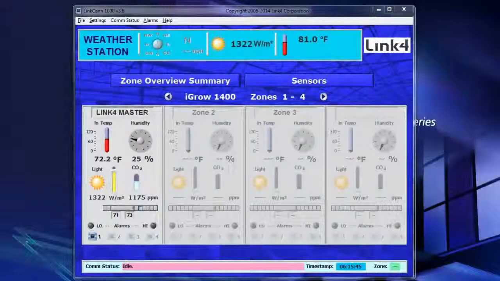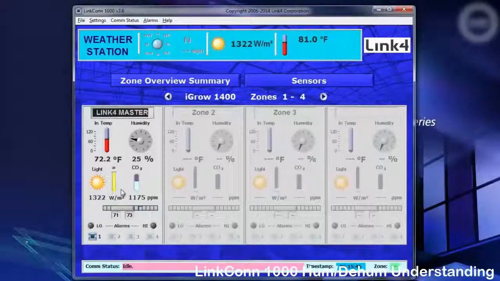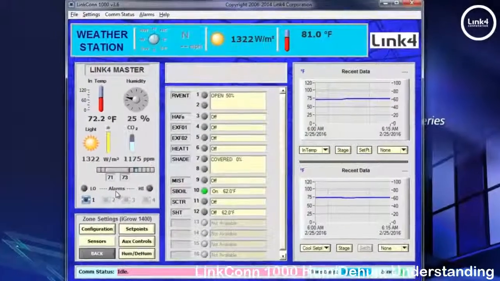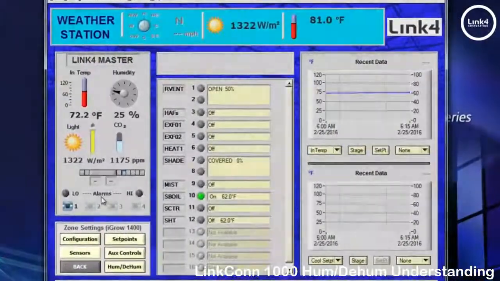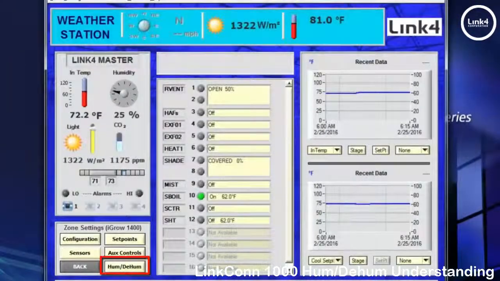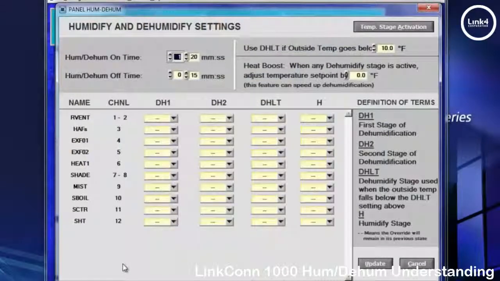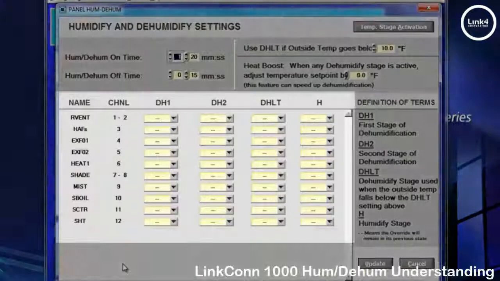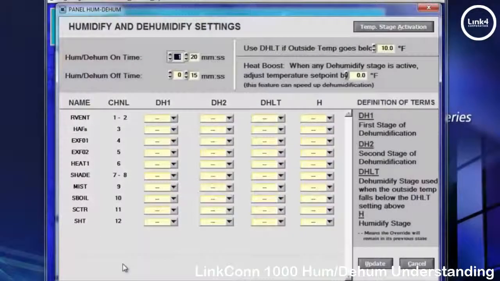With LinkConn 1000 series software, our next option we will be discussing is within zone settings, the humidification, dehumidification button. Now, in the humidification, dehumidification settings screen, we will focus on the list of outputs that qualify for relative humidity overrides. In the first column, you have the equipment name, the outputs, the piece of equipment controls,